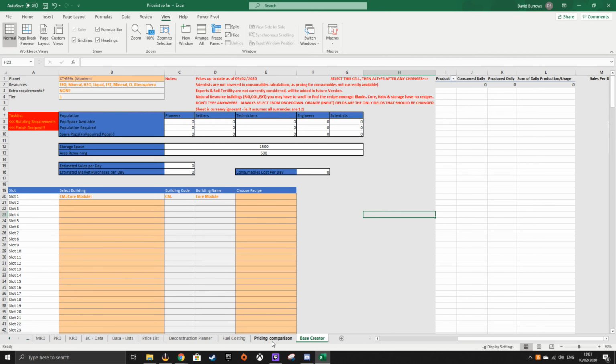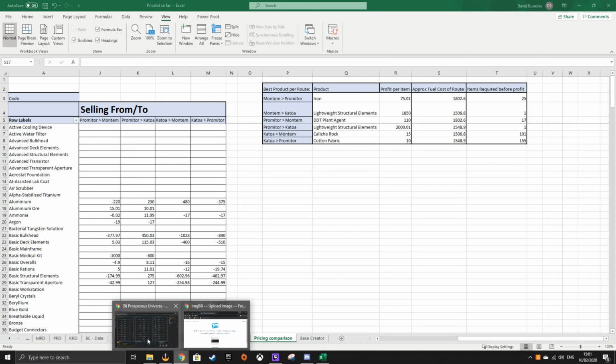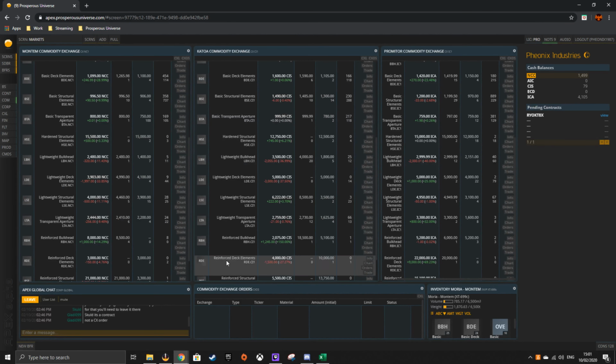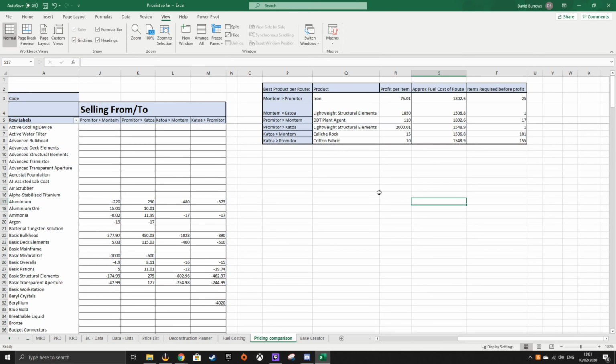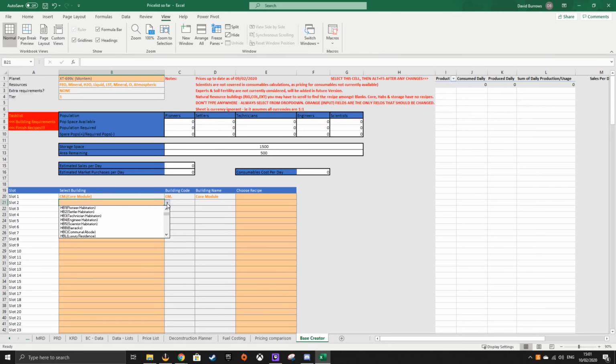So anyway, the pricing comparison can be useful, but obviously there's other ways of comparing prices. Most of them can be done inside here, and it's usually better to do it inside here because you get sort of bang up to date. However, the main reason that I made this is if I pop in some basic